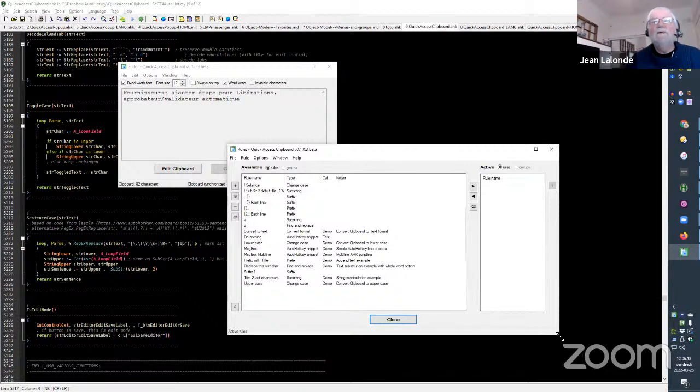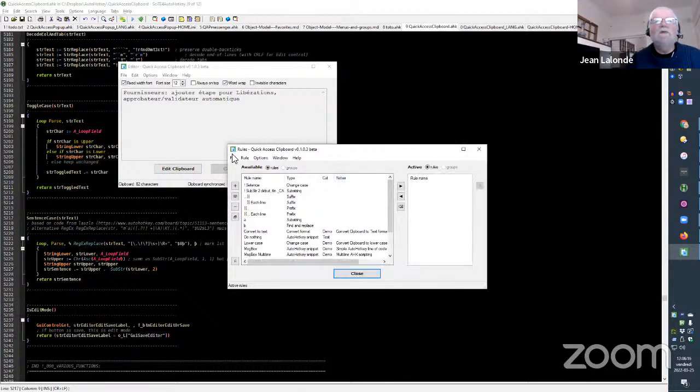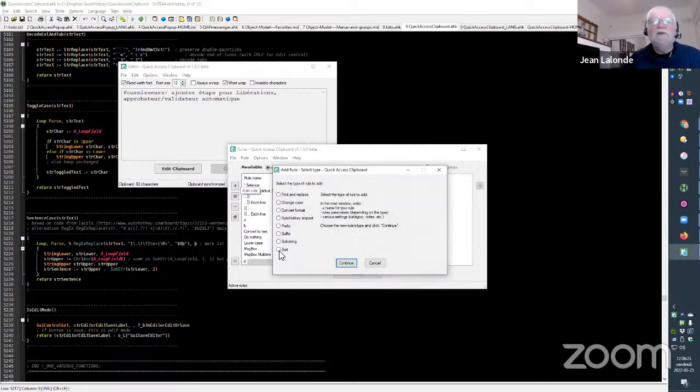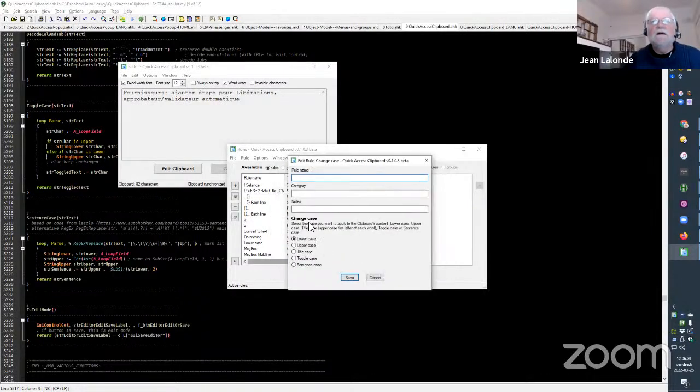So it's two components. One is a rule manager here, where you can set up rules that will be applied each time you copy something to the clipboard. So for example, if you create a rule that will change the case of the content to uppercase